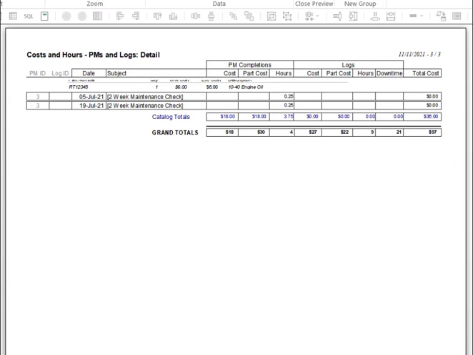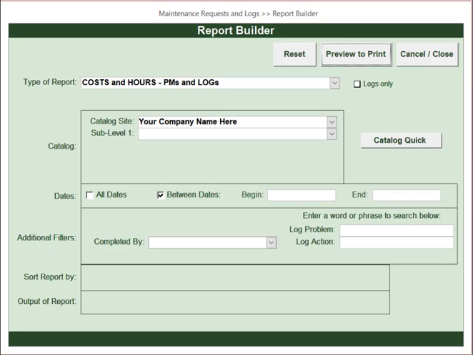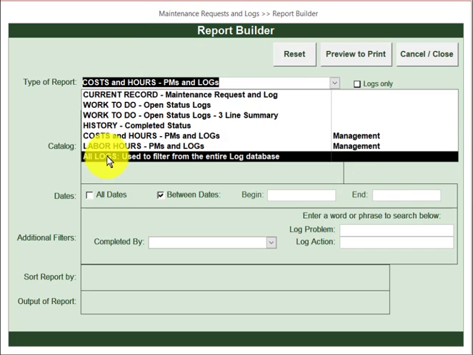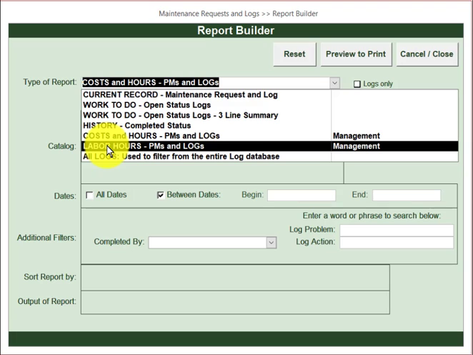I know right now this report doesn't look like much because we have limited information in the database, but this is a very powerful report internally to be able to look at where your time and money is going and areas for improvement. The next report in the Maintenance Request and Logs Report Builder is the labor hours, PMs, and